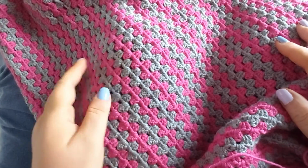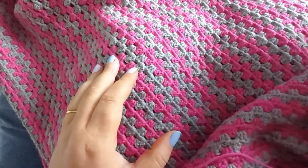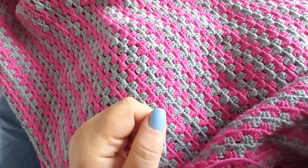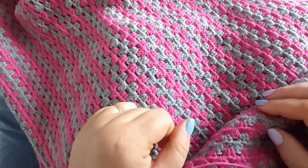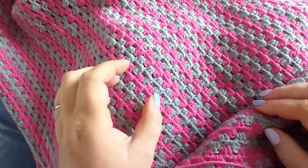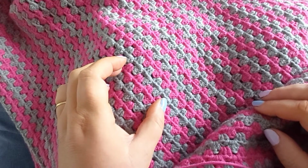So my blanket is getting quite big now. I wasn't weaving in the ends as I was changing colours, or as I was changing balls of yarn. When I get to the end of the row and I change colour, I'm changing colour on every other row. So I do 2 rows in the same colour, and when I get to the end of the row, I just twist the yarn around each other to bring it up to the next row. But I wasn't weaving in the ends as I went along, every time I changed to a new ball of yarn. And then I came back from holiday